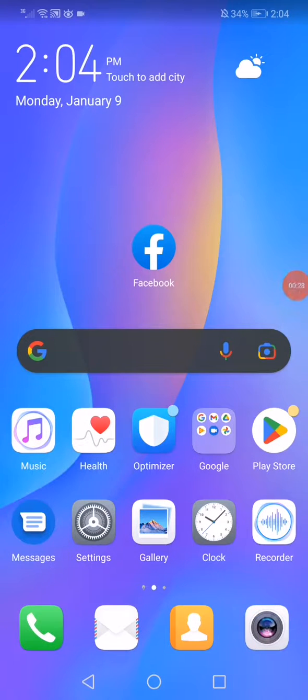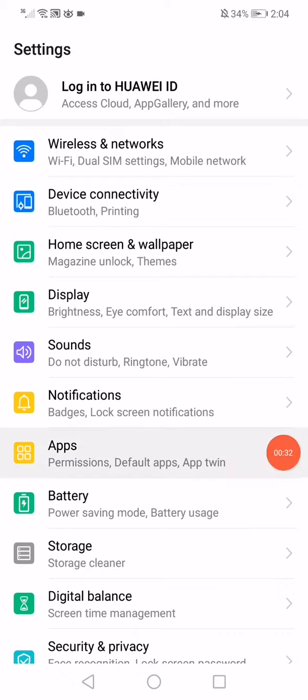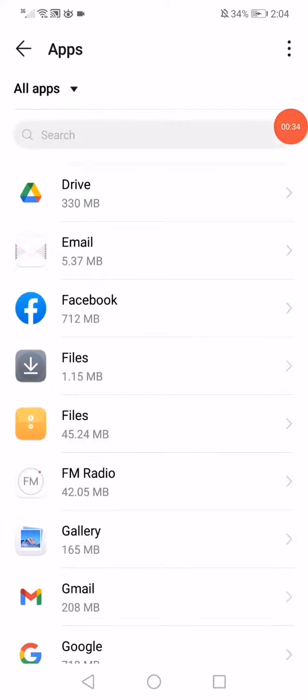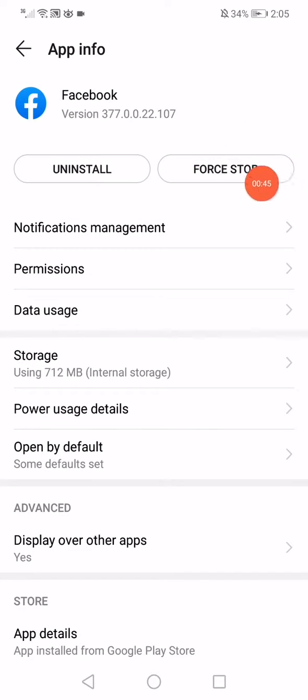That's the first way. The second way, go to the settings on your phone, go to the apps manager. On this page you will find all the apps that you have downloaded on your phone. So all what you want to do here is click on Facebook and then click on force stop right here